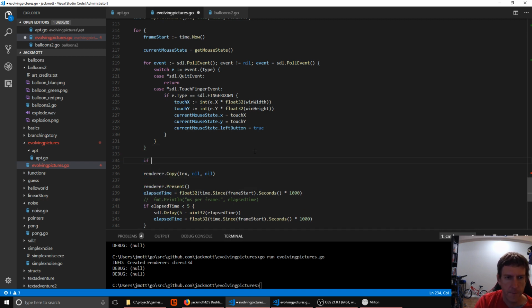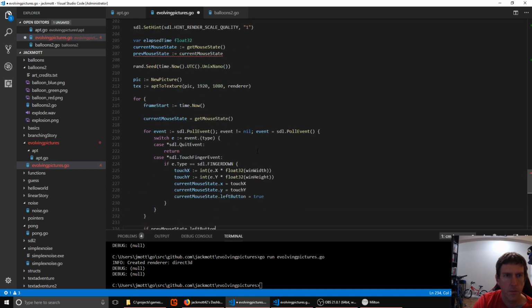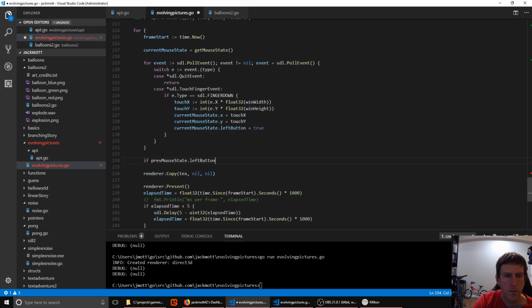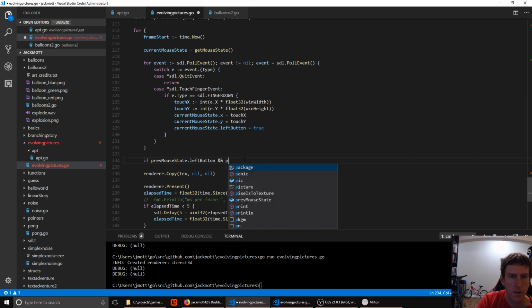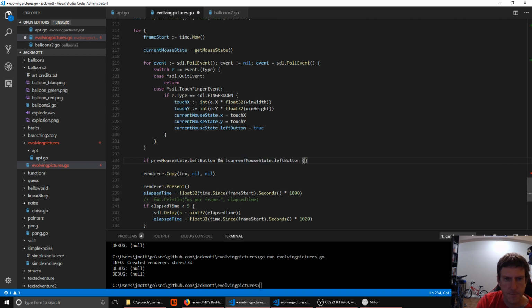And we're going to say if the previous mouse state dot left button was pressed, and current mouse state dot left button is not pressed, so you've pressed and released it,